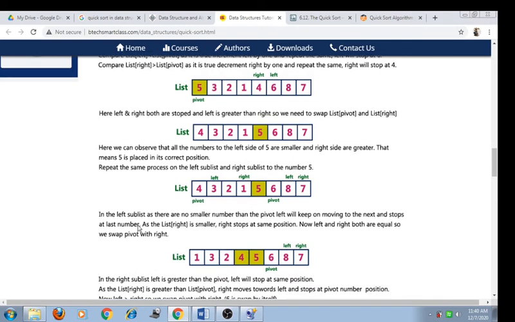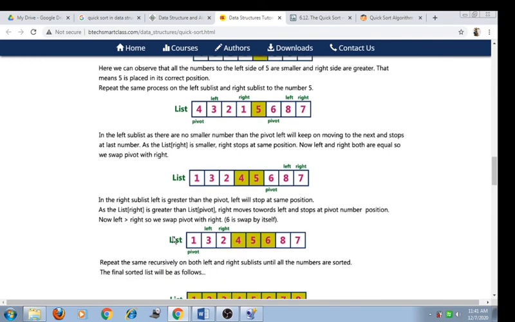In the left sublist, as there is no element smaller than the pivot, left keeps on moving to the next and stops at the last number. As list[right] is smaller, right stops at the same position. Now left and right are equal, so we swap pivot with right.